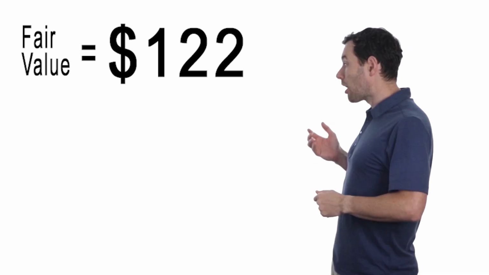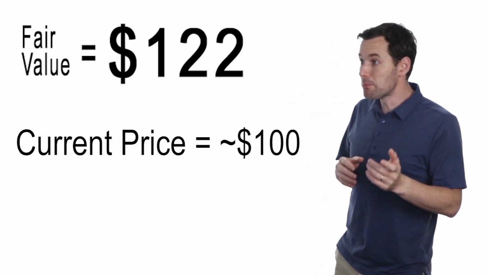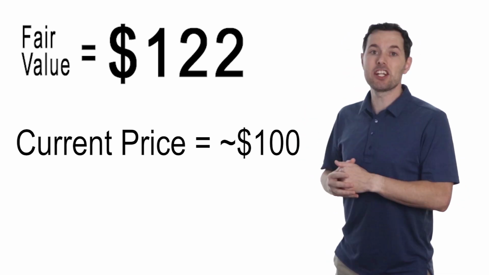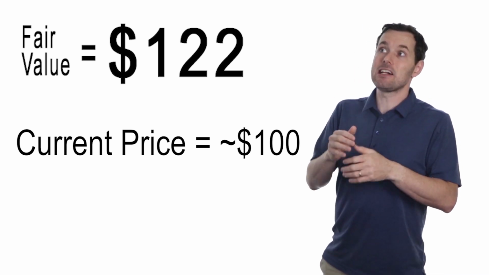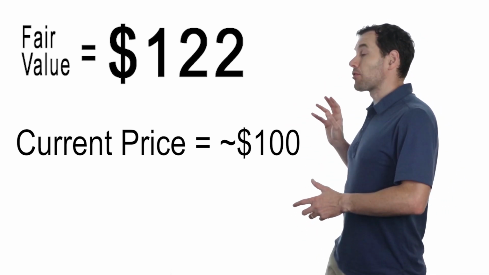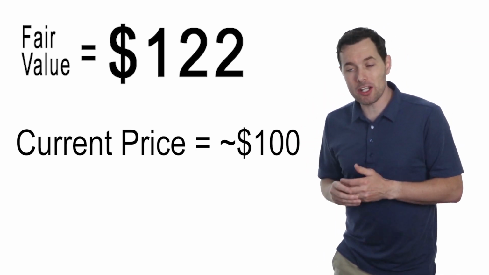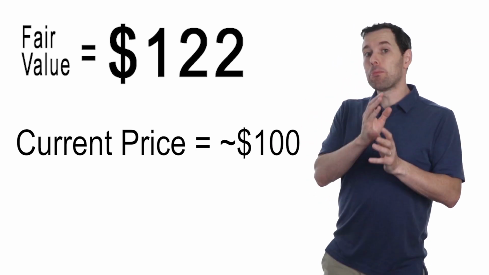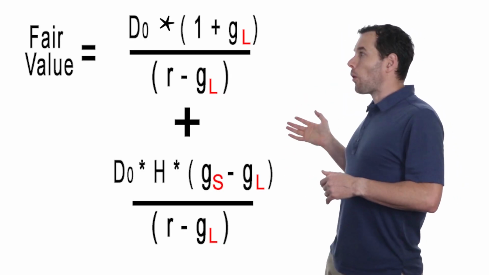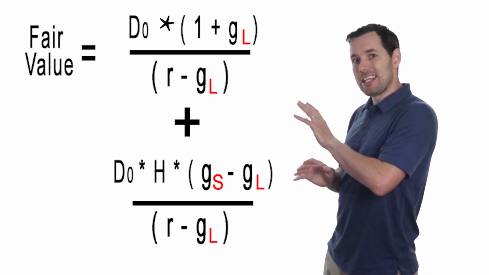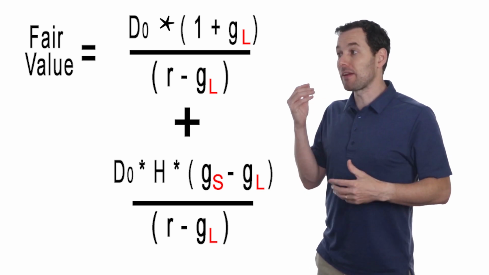Now, if we compare that to their current price of about $100 per share, well, according to our H-model DDM formula, this is called the H-model, it seems that Lowe's stock has a bit of upside. So that just about summarizes the DDM formula. There are a few more wrinkles that we could look at if we wanted to. But I just want to point out, be aware of the amount of assumptions that are going into this. You wouldn't want to just guess like we did here, just as an example. You'd really want to have some logic behind why you were picking the numbers you were picking.